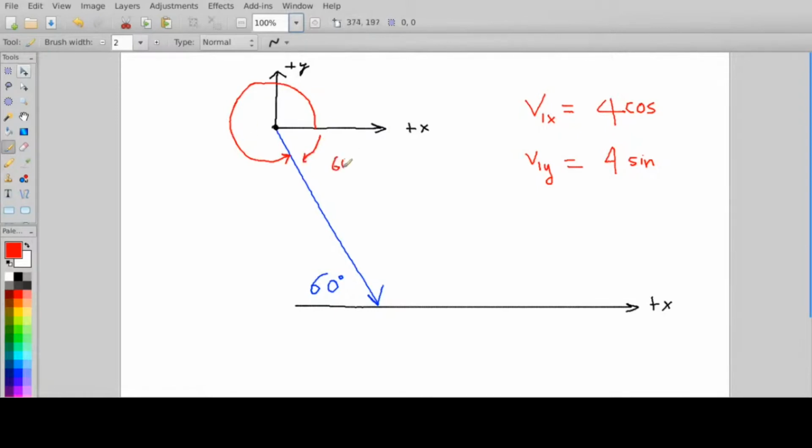You go, well, how do you know that it's 60 degrees? Well, let me see if I can do this in a different color. So this x-axis here and that x-axis there, those two x-axes are parallel to one another. And whenever you have a line, the blue line there, cutting across two parallel axes, this angle here equals that angle there. Okay, now this is one of the Euclidean postulates. I forget which one it is, and it's been so many years since I've done Euclidean geometry, I don't remember,